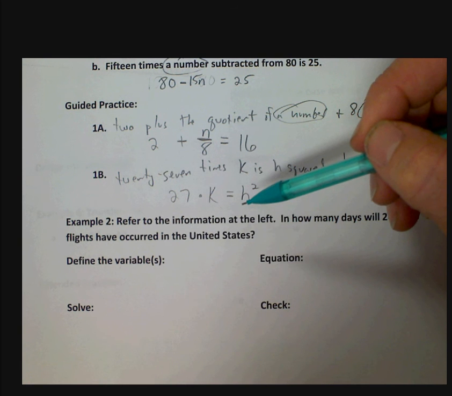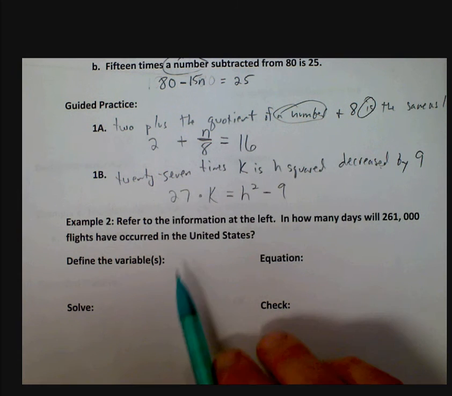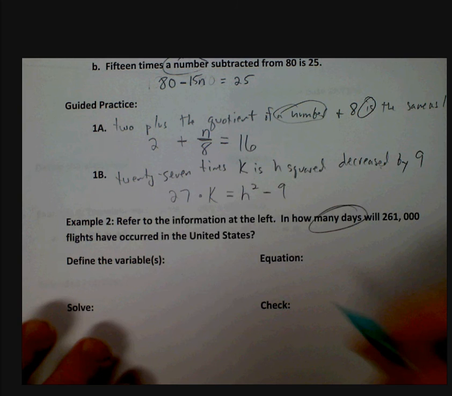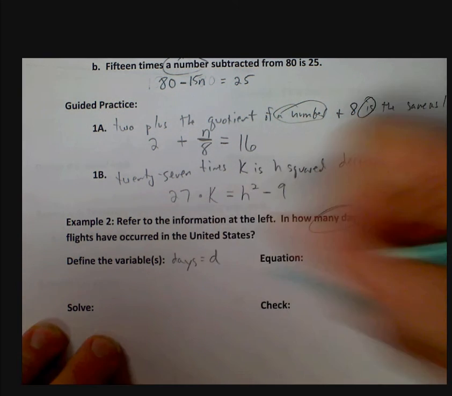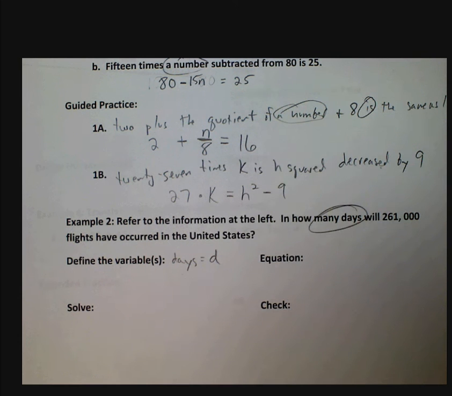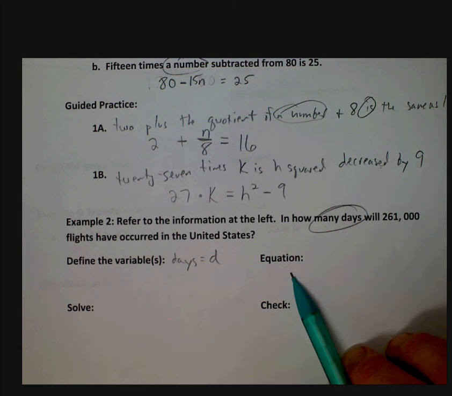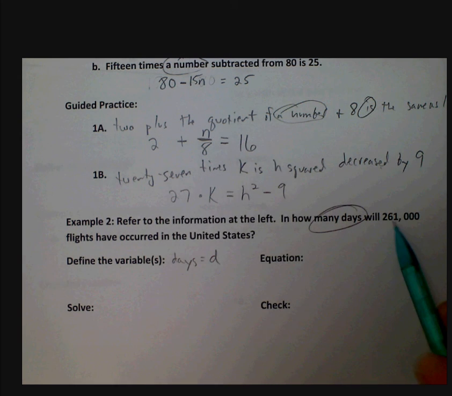So each day. So we're going to go ahead and we need to define the variable. It says in how many days. So whatever they're asking is going to be our variable. So we're going to say that days equals D. Once I have my variable, then I can go ahead and set up an equation in which they want. So we want to equal